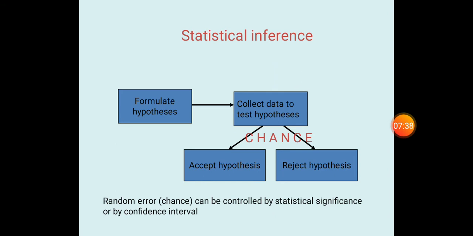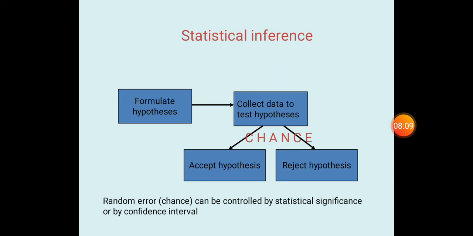And that assumption which we make when we go for any research is what we call a hypothesis. There should be some hypothesis in our mind. And finally, we are trying to prove this hypothesis. Either we will accept this hypothesis or we will reject it. So the first step in any statistical inference is to formulate that hypothesis. If not formulated, then you are not able to do the research.